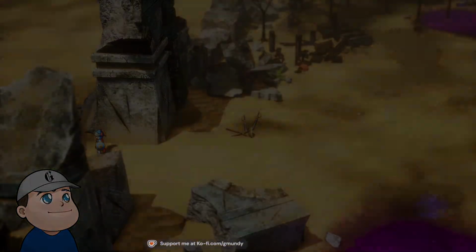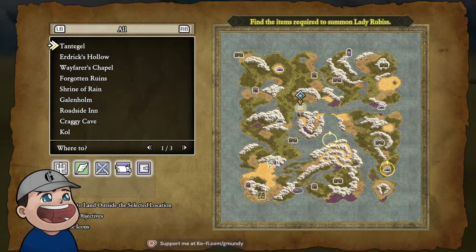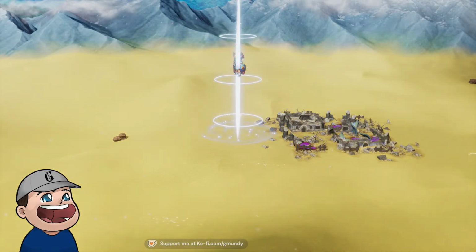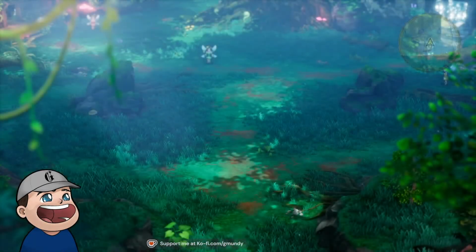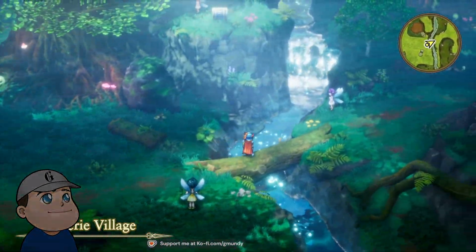Cool. Okay, so obviously the smart thing to do here is to go back to the fairy village and give them the thing that I picked up. That might actually improve some of our stuff, wouldn't you say? Considering it's a buff to our stuff.